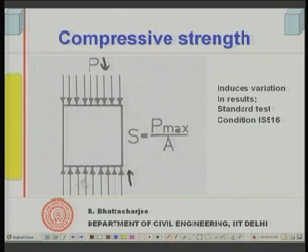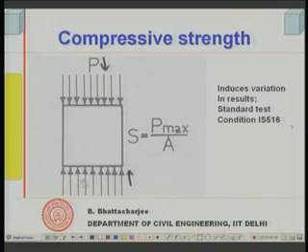Right. Now, there are variations possible in this test due to various test parameters, as we shall see one by one: the way you apply the load, size of the specimen, length to height ratio, length to diameter ratio, rate of loading and several other factors. So, one has to standardize the test procedure for comparison of different results coming out from different mixes.